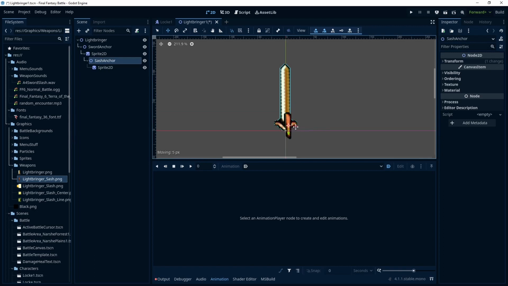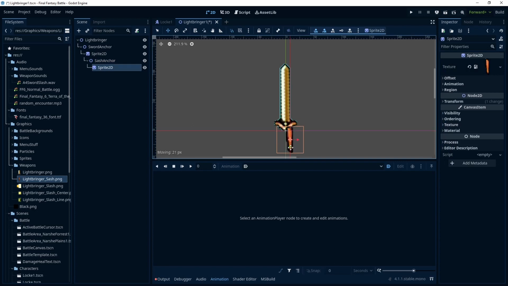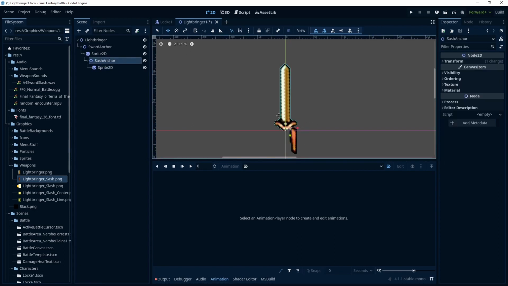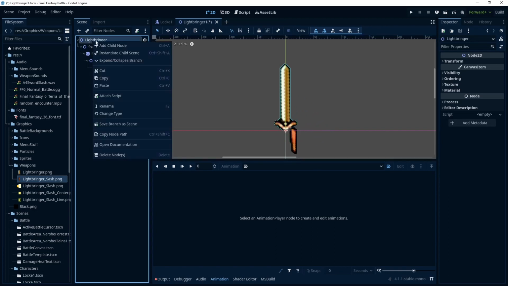And we want that to be right about here. And then we can move the sprite so it pivots on that point as well. So now if we go to the sash anchor and let's say we took rotate, it'll do like so. Alright, so one thing we're going to need is an audio stream player, because when we have the attack, this